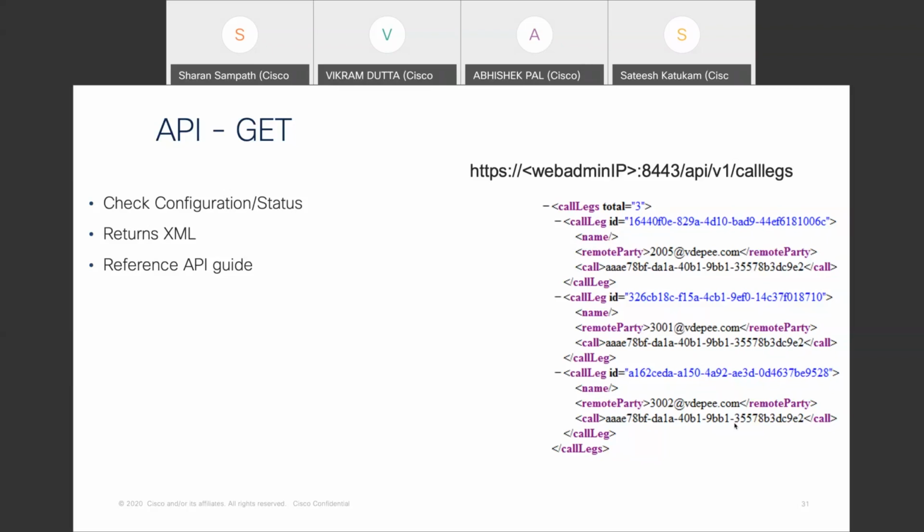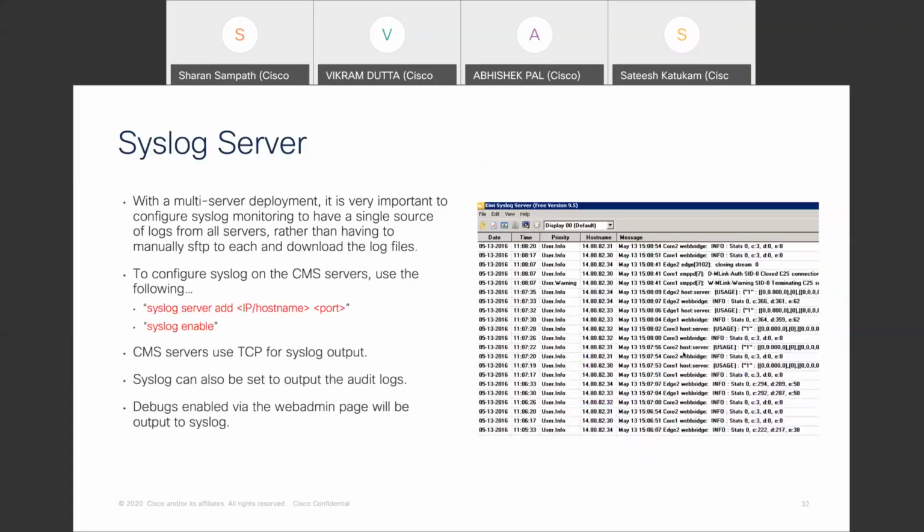The one last thing that we have to discuss is the syslog server. It is recommended to use a syslog server to dump the logs from your Cisco Meeting Server if you have a multi-server deployment. If you have a deployment where you have 4 or 6 Cisco Meeting Servers or more, it's best to use a syslog server so that you can point your CMS server logs to a single entity. It gives you multiple advantages when you use this. The primary advantage